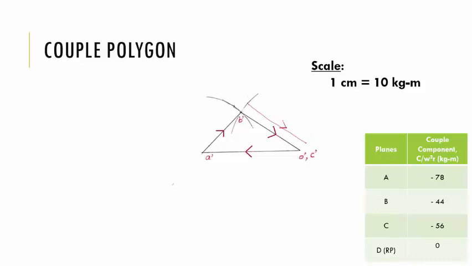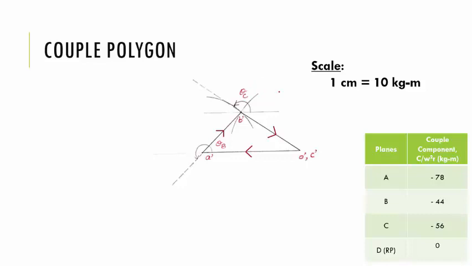Actually, the couple component side of mass B is minus 44. So the actual angular position of mass B is to be measured as this angle. So this will be angle theta B. Actual angular position of mass B is measured in the opposite direction, which will represent this minus 44. Okay. Similarly, the actual couple component of mass C is minus 56 kilogram meter. So the angular position of mass C is to be measured as this angle. This is theta C.